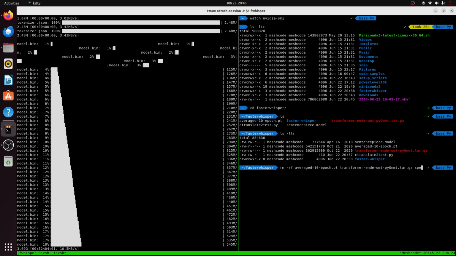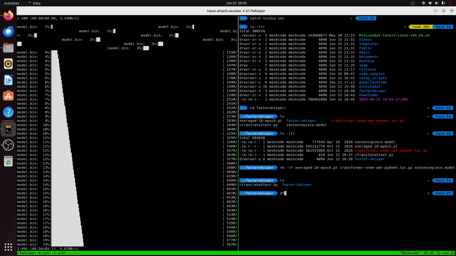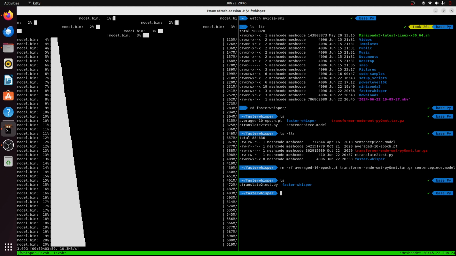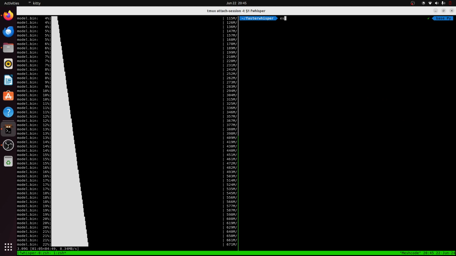Yeah, and even the sentence piece model is not necessary. Cool. Because I'll run out of space in no time. This is just 512 gigs. Not even 512, it's like 450-ish something. So,